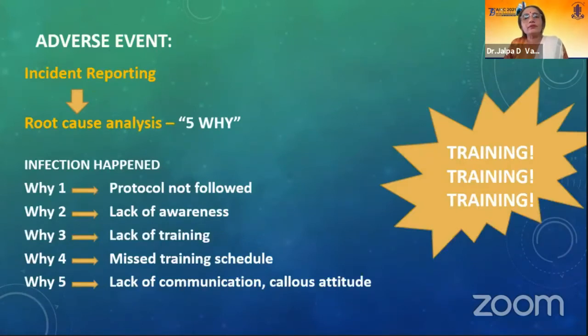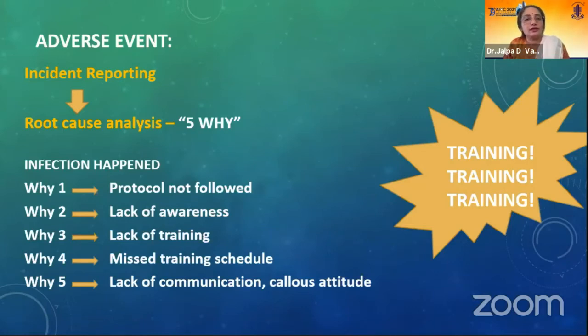Now, this endophthalmitis should be reported as an incident as per NABH guidelines. After reporting, we need to do root cause analysis also, so that we can prevent it from happening in future. There are various methods to do RCA, and we'll discuss two of them. The first one is the 5 Why method. When a problem occurs, you drill down to its root cause by asking why 5 times.